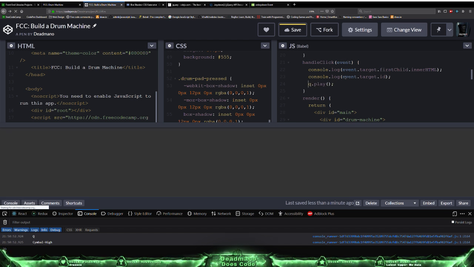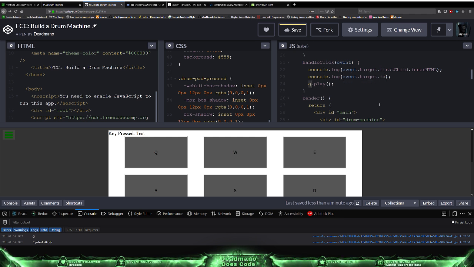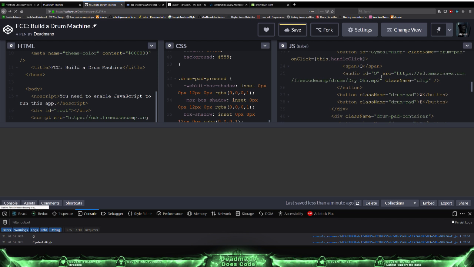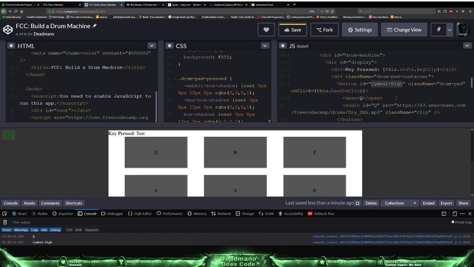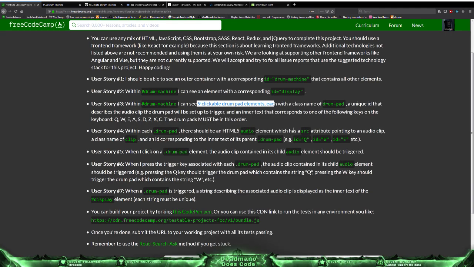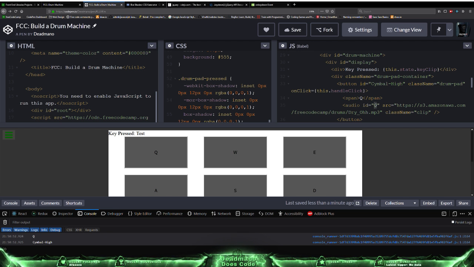So it would be event.target.id.play. But then we have to also make sure that the audio ID. Oh, but can they be the same? Because they said there needs to be. Hold on. There should be 5 audio elements which has a source attribute pointing to an audio clip, a class name of clip, and an ID corresponding to the inner text of its parents. Oh. Okay. In this case, if the ID is Q because the inner text is Q,